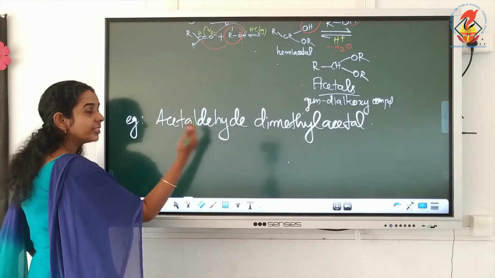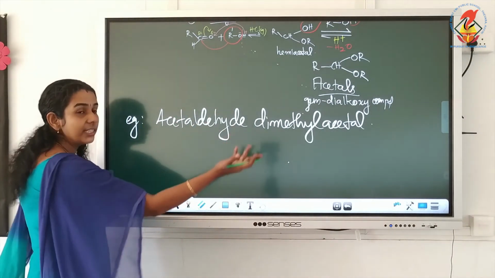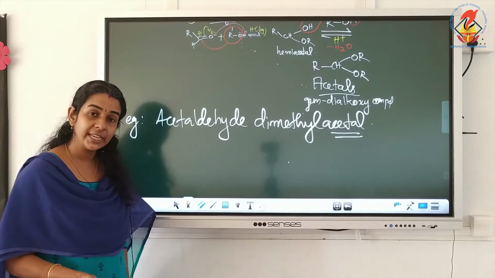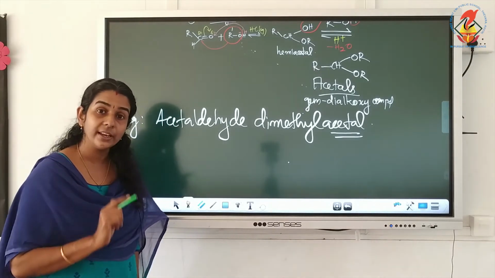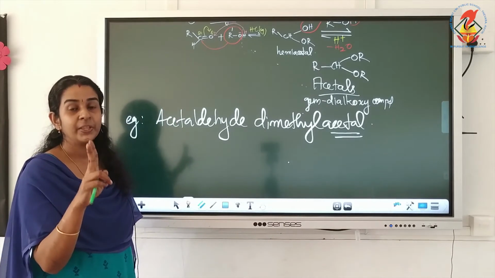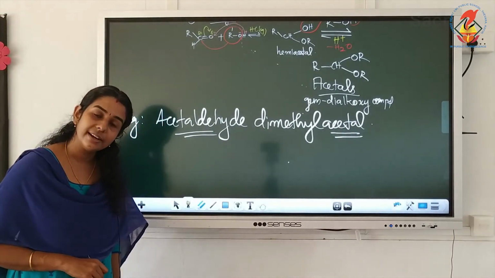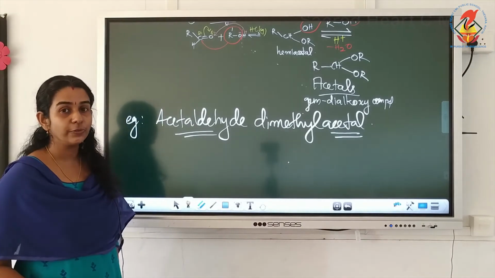Question is to draw the structure. So, how can we draw the structure? How is it formed? They are acetals, isn't it? So, acetal means an aldehyde is reacting with alcohol. How many alcohols? 2 alcohols. Which is the aldehyde reacting? It is clear from here. Acetaldehyde is reacting. It has to react with 2 molecules of alcohols.